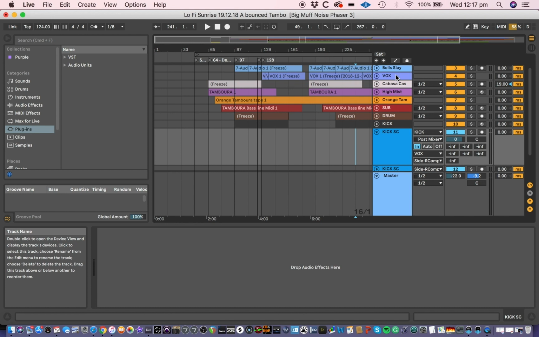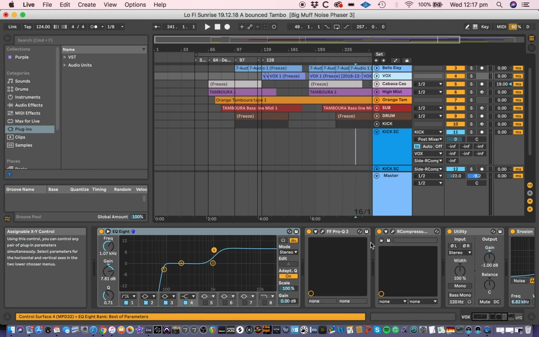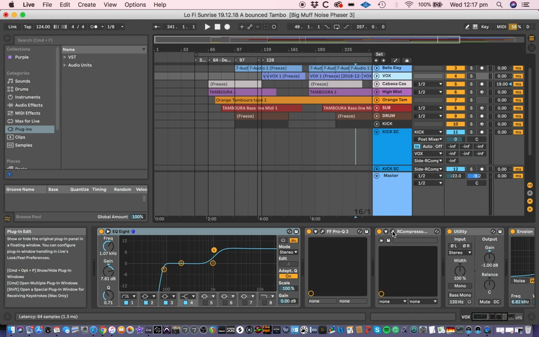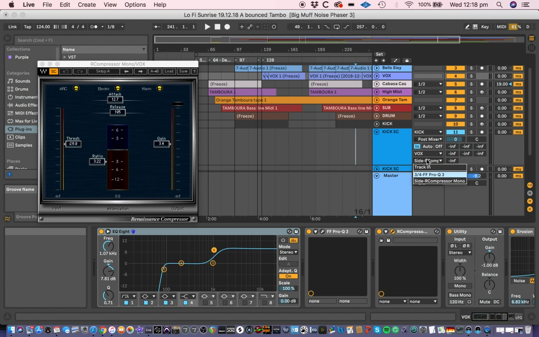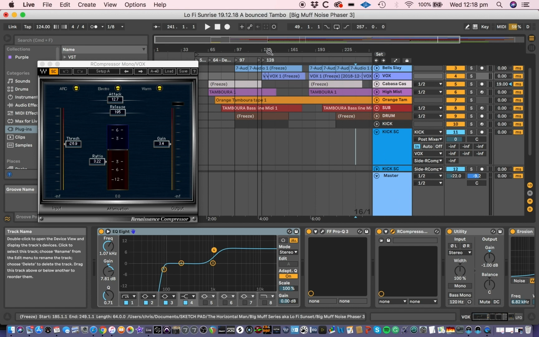Now we had to go to our vocal channel, place our compressor of choice, in this particular instance the R compressor from Waves, and we had to turn on the sidechain here, this SC for sidechain button. Only after that has been enabled will this option here pop up. So the vocal, sending it to the vocal channel, and in particular to the side chain of the R compressor mono. So we've chosen that, and now if I solo the kick drum and the vocal channel, you can hear